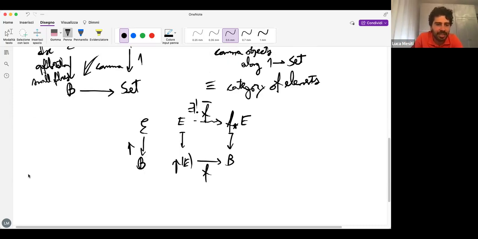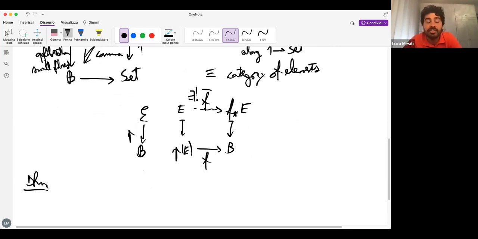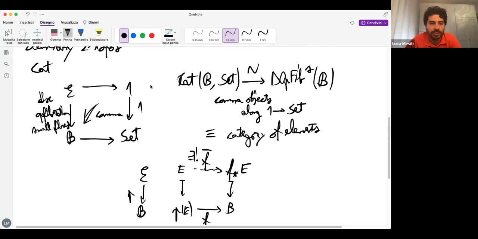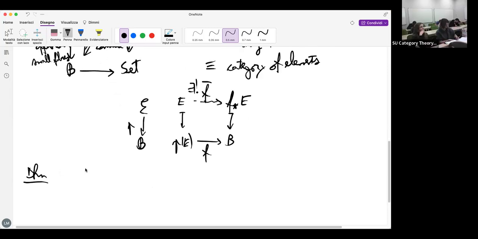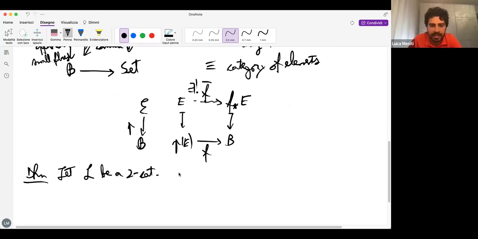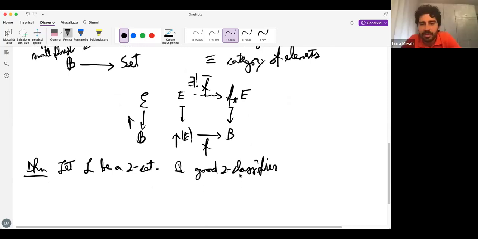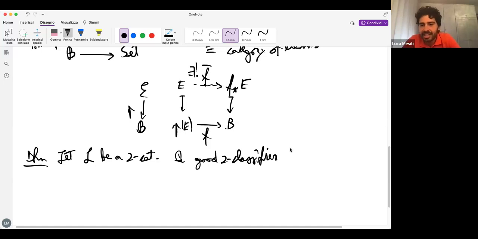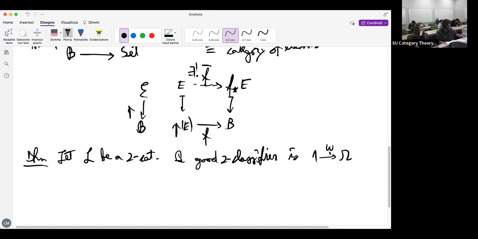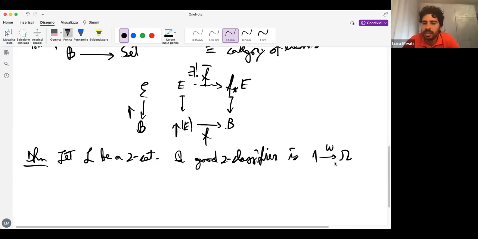And so from this, we can extract a definition of subobject classifier in dimension 2. So now we take L, a 2-category, and we say that a good 2-classifier is, because this is a definition I propose in my thesis, which is a bit stronger than Mark Weber's definition. This is why I call it good. It is still a map of this kind, so the inclusion of something true into a generalized object of truth values in L,